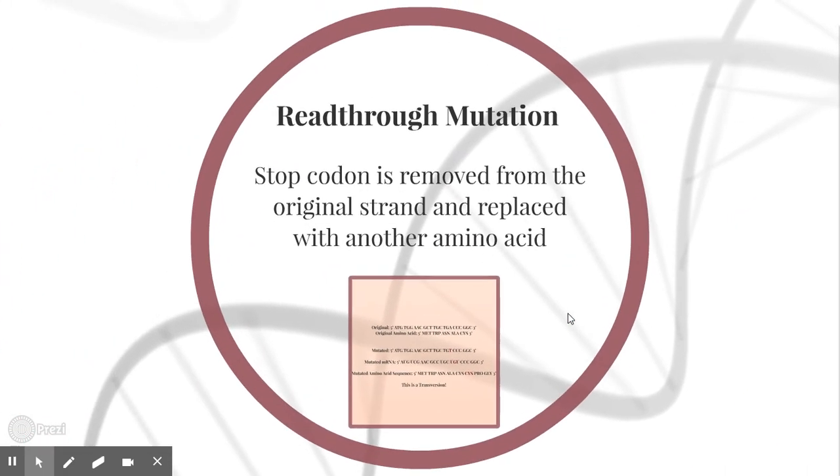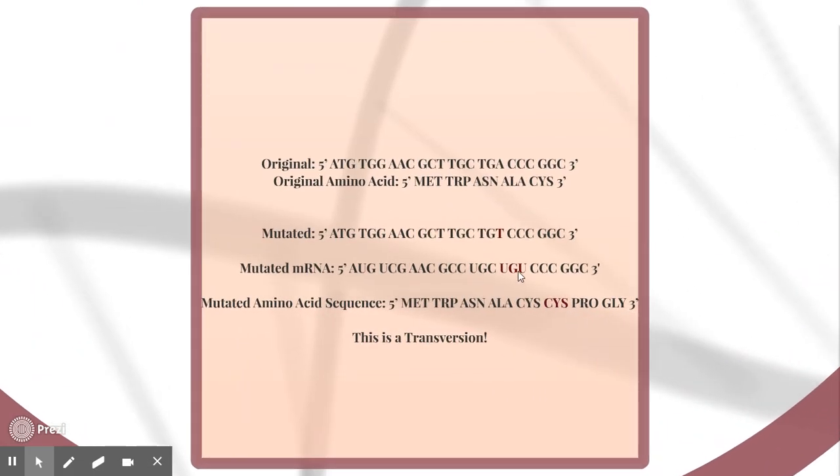And finally, the last mutation is the read-through mutation, which is when there's a stop codon removed from the original strand and is replaced with another amino acid. So as you can see here, in the mutated strand, you have a T rather than an A, which is a transversion, and your mutated mRNA has a UGU, and the mutated amino acid has a cysteine here instead of the stop codon, which would have originally been here, and the amino acid can continue